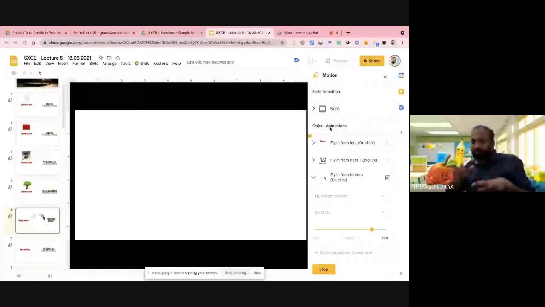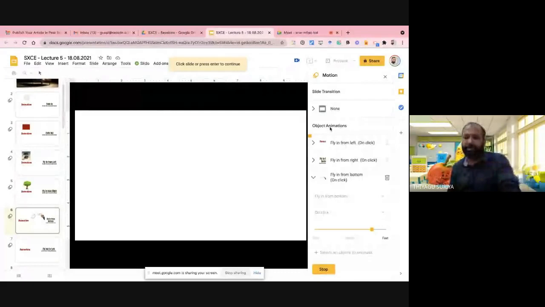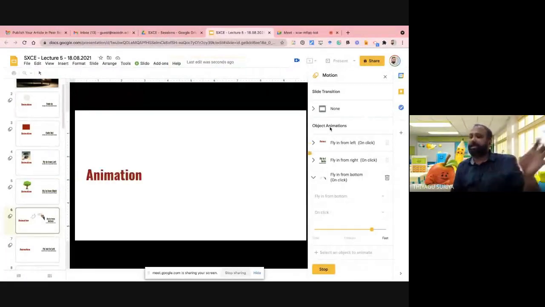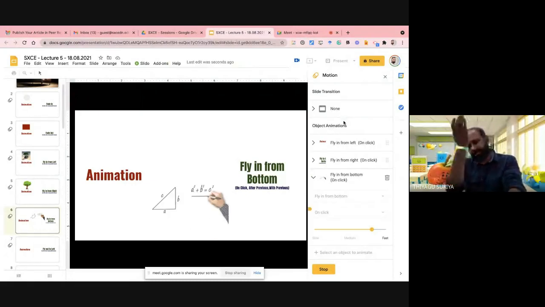Now nothing is visible because all three content items available in my slide are given animation. Therefore, we can go one by one. Click on it. Now the first one comes from the left. The second animation effect comes from the right. See, this is good, no? So don't always give the same one. It will be different, and it will be fine. Now the third one comes from the bottom.